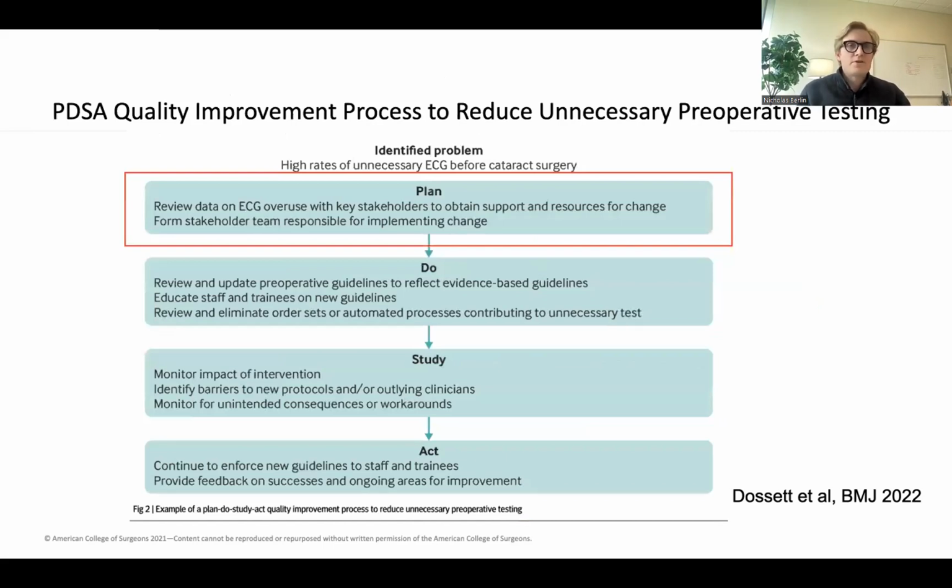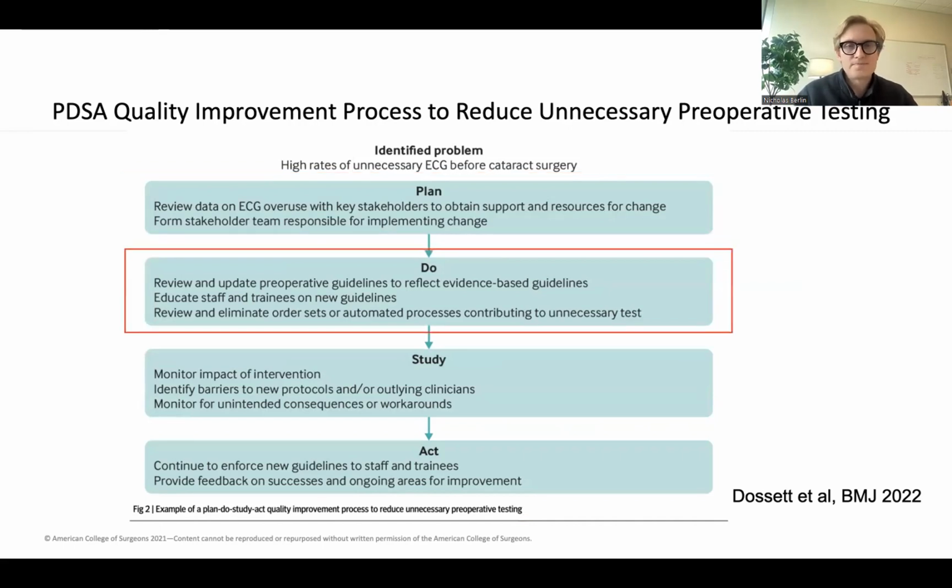And so if you wanted to, say, reduce rates of EKG testing before cataract surgery, this would be an example of a PDSA model that might help you conceptualize a strategy to address this problem. In the plan phase, you'd review data on the EKG overuse with key stakeholders to obtain support and resources for change. You'd form a stakeholder team responsible for implementing change. You'd review and update preoperative guidelines to reflect evidence-based guidelines. You'd educate staff and trainees on these new guidelines, and you'd review or eliminate order sets or automated processes contributing